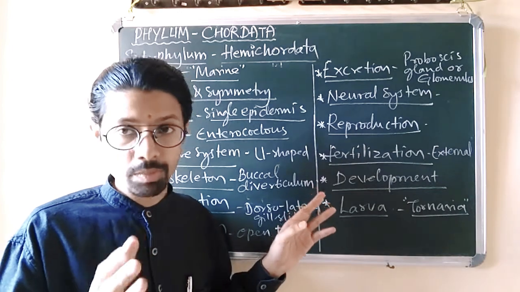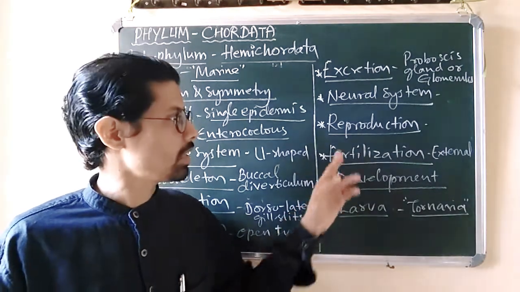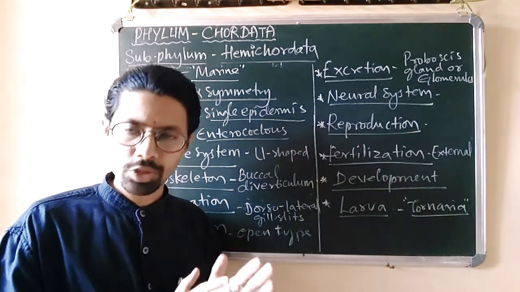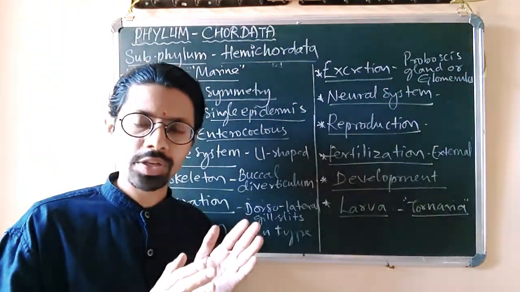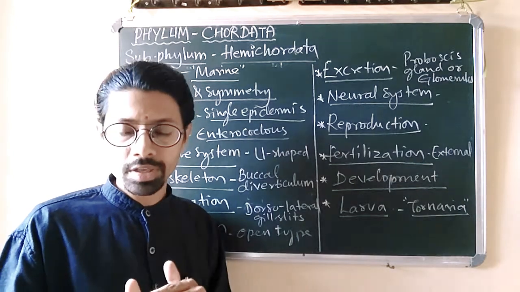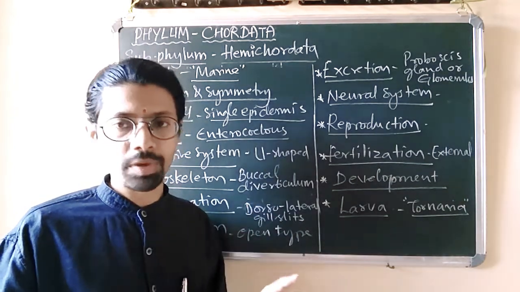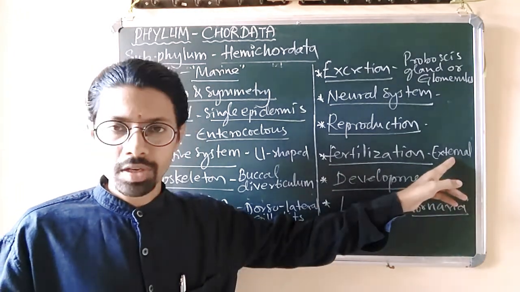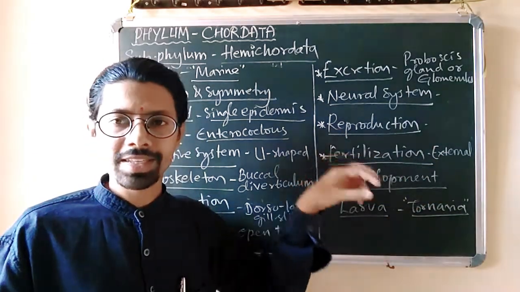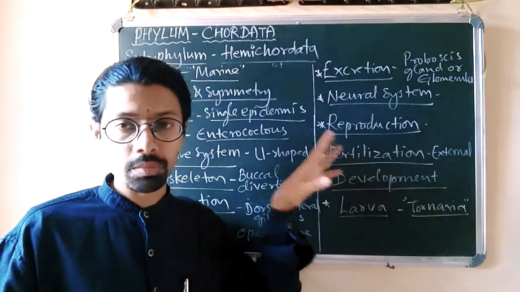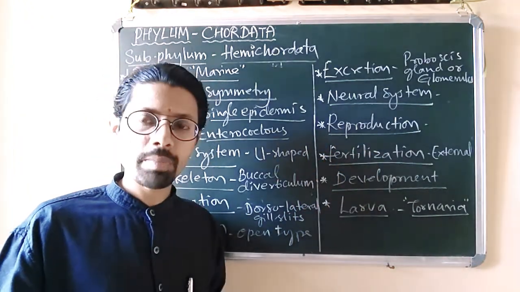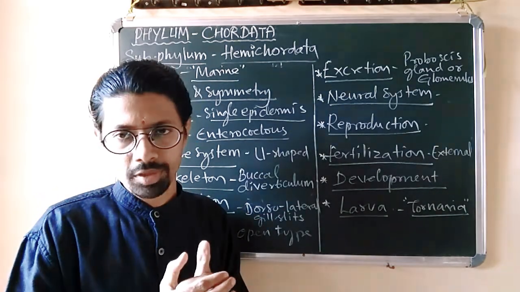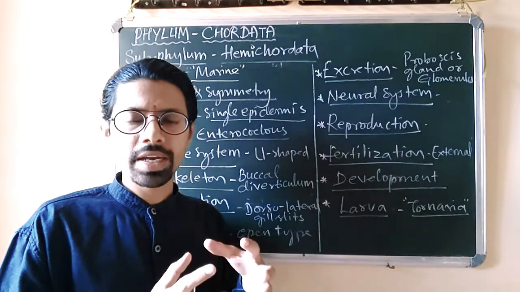You can remember, these are basic chordate characters. Then reproduction is mainly sexual. Sexes are separate, male and female are individually separate animals. Fertilization is always external, that is, it occurs in the seawater because they are marine forms. Development is either direct in some animals or indirect in others. What do we mean by that? Direct development means